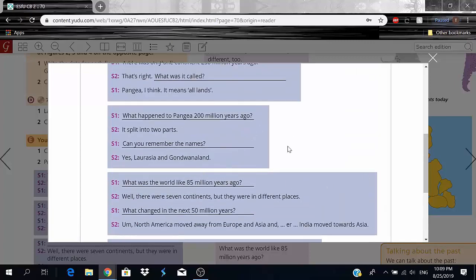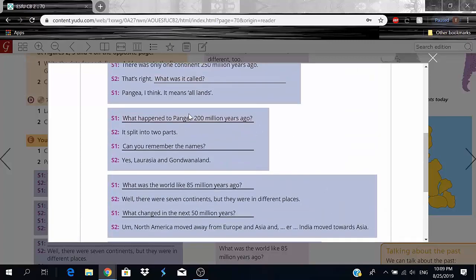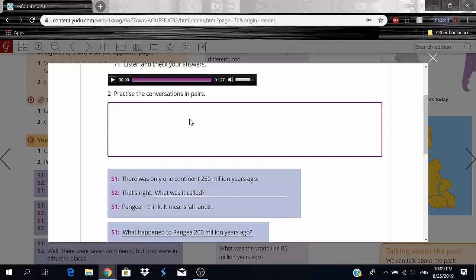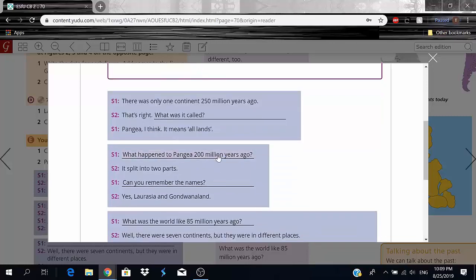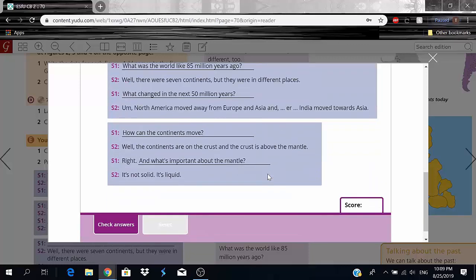Alright, you guys, so I actually ended up putting the questions as we went along. I figured that would be the easier and more efficient way. But now I want to talk a little bit about that last part. And I know a lot of you have that same question. How on earth can continents move? I mean, they're solid, they're land. That's like telling someone to take his home from a country to another country. It's just impossible. Actually, let me tell you something. It's not. So, what does the crust mean and the mantle mean?